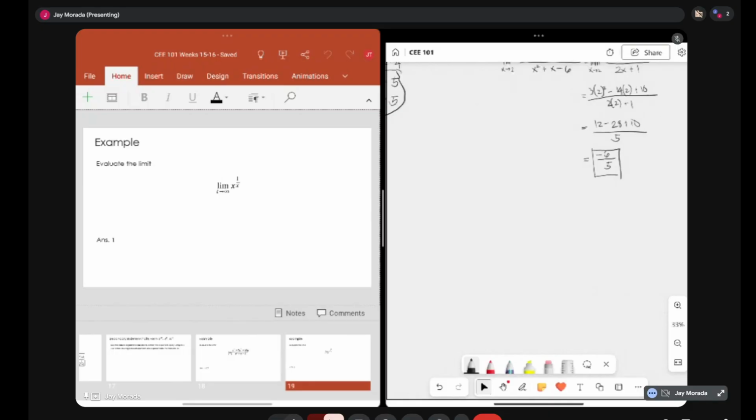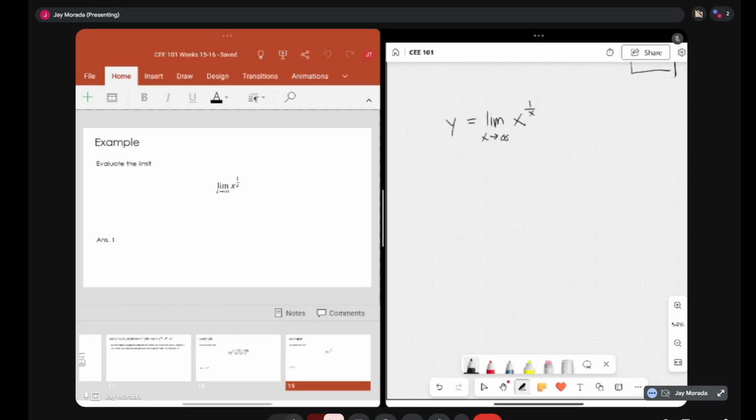Let's evaluate the limit. Okay. Limit of x raised to 1 over x as t. No, the variables are different. I think that is a typo. No. Limit of x raised to 1 over x as x approaches infinity. Okay. I think that's a typo, no? Because t is a different variable. Okay. First, we have to equate this to y.